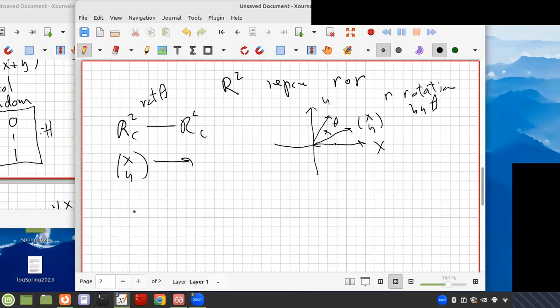Well, let's look, because we know that the matrix that represents this rotation, we can call it R of theta, we can find by looking at the basis action, the action on 1, 0 and 0, 1. So let's look at what happens if we start off with 1 here. This is the vector 1, 0. It's along the x-axis. If I rotate this by theta, what I have is